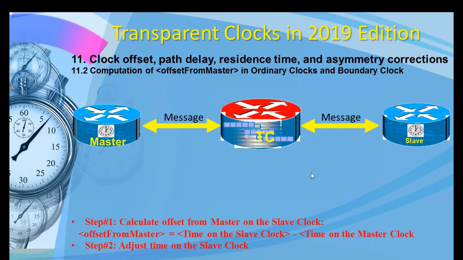How does the transparent clock work? There are two steps. Step 1, calculate the offset from the master on the slave clock. The offset from master equals the time on the master clock minus the time on the